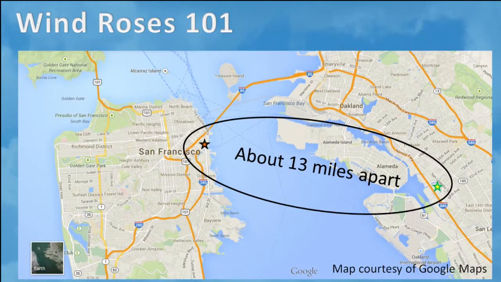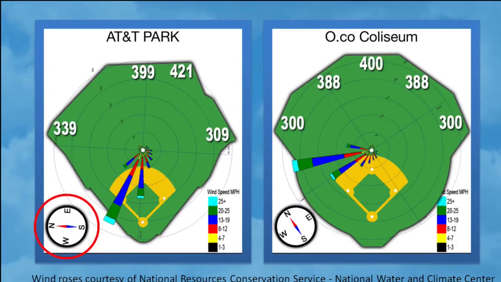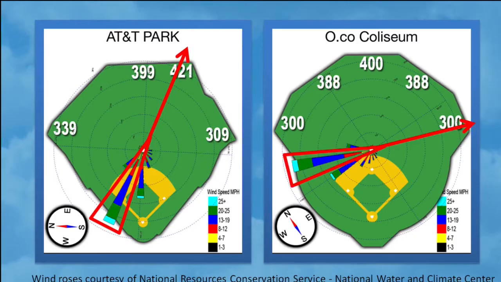Let's take a look now at how field orientation could impact wind direction. San Francisco and Oakland are only 13 miles apart, so they have the same wind roses. But because the batter faces east at AT&T Park and northeast at O.Co Coliseum, that same wind that frequently blows out to right center field at AT&T Park is now pushing the ball from left field to right field at